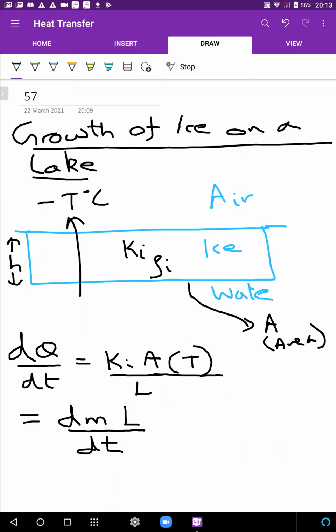So let's say in dt time, what we have observed is कि ice का thickness increases by a small value dh. तो अगर ice का thickness has increased by a small value dh, then the amount of mass, the amount of mass of water that's frozen and become ice will be how much?